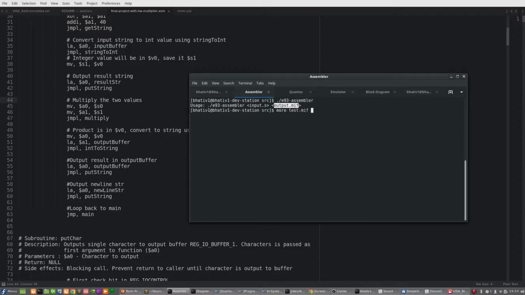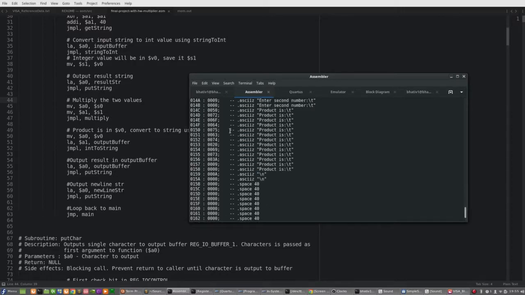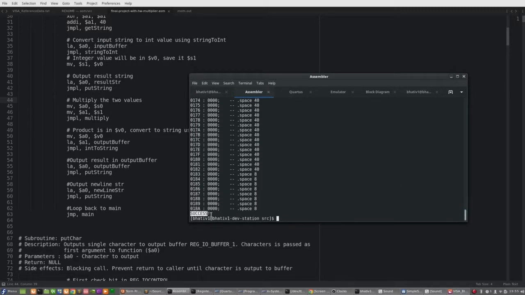So if we load up that file, as you can see over here, I passed the assembly file as the input to the assembler, and it provided a success message at the end, which means the assembly was successful. It also shows some debug messages in stdout, which can be used to find errors if there were any during the assembly. And if we look at the output of the MIF file,